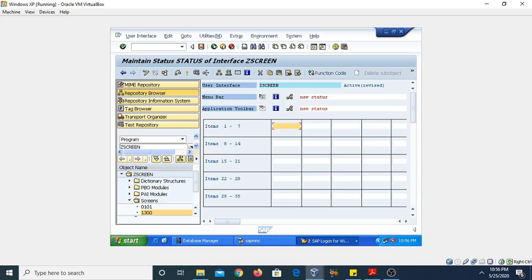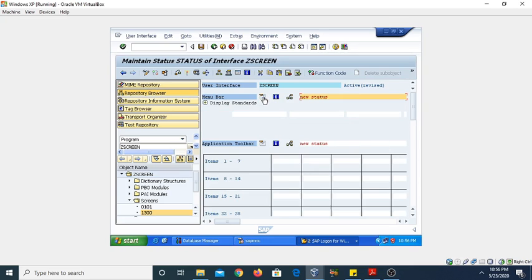Number of items you can give here 1 to 7 and 8 to 14 and so on. Similarly, if you want to set your own menu bar, you can give the particular menu here and then save and activate it. We will do the practical example in the next video.